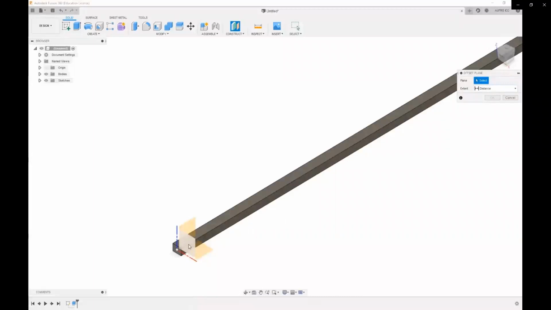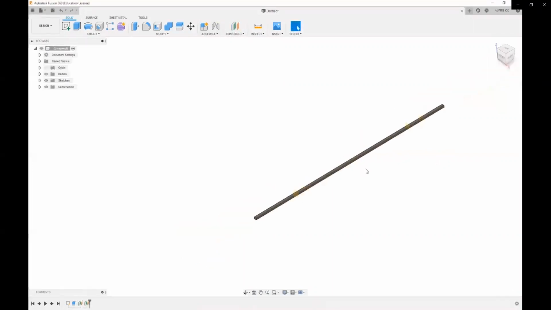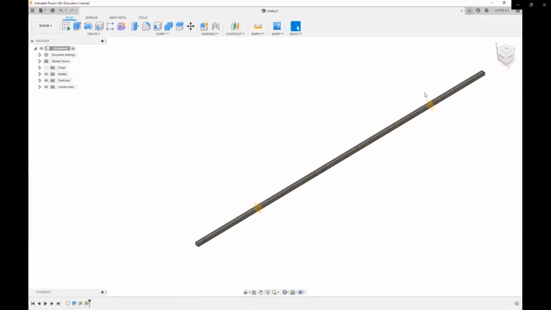Before using the split, we need to create this plane. For creating a plane, we use the Construct option. By selecting a particular face of the rectangle sketch, you can create the plane. I repeat the same procedure to create another plane in the component. Not a component, sorry, bodies. It will be mentioned as bodies only.